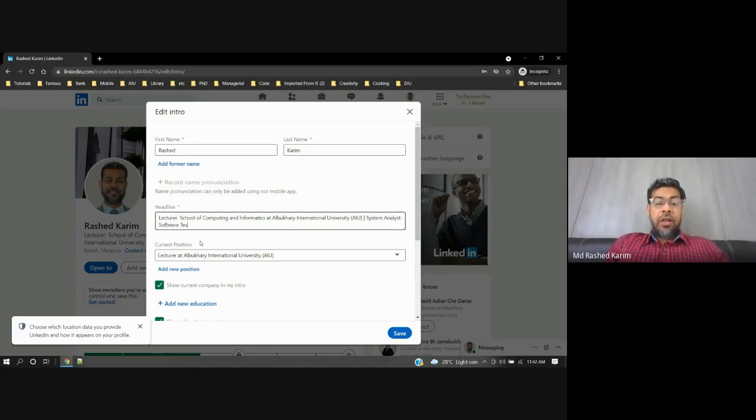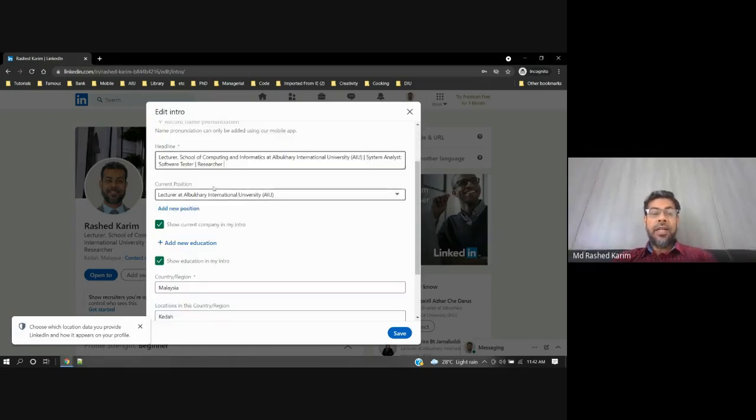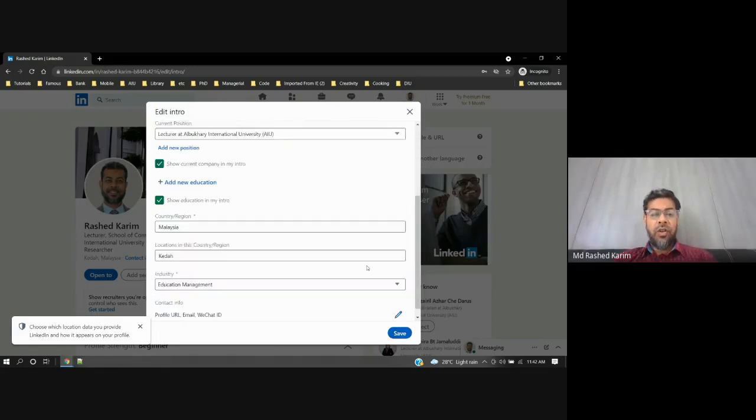This is focusing on a headline of what basically, now you are a lecturer, and what activities you can perform. Researcher, you can put researcher. So the thing is, you have created it very short, not very long.